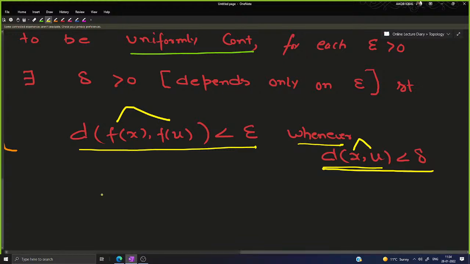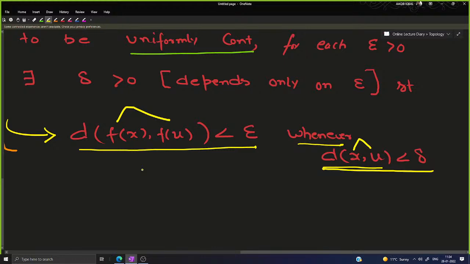अब यहाँ एक और चीज आप समझ लीजिए. Since मैंने आपसे कहा कि यहाँ x और u ये दोनों in a way arbitrary हैं. अब अगर आप यहाँ ऐसा करेंगे, fix x and vary u, अगर आप x फिक्स करेंगे और u को वैरी करेंगे, it then transforms to the criteria for the function f to be continuous at x. If you fix x here then this criteria reduces to the criteria for a function to be continuous at the particular point x. So therefore if a function is uniformly continuous then it is continuous at each fixed x.